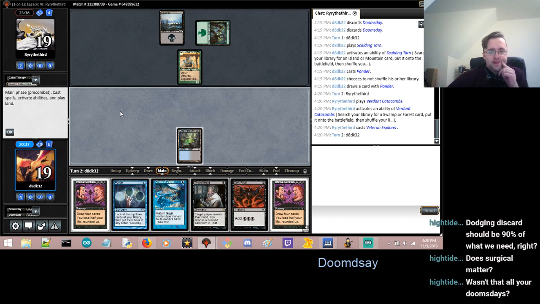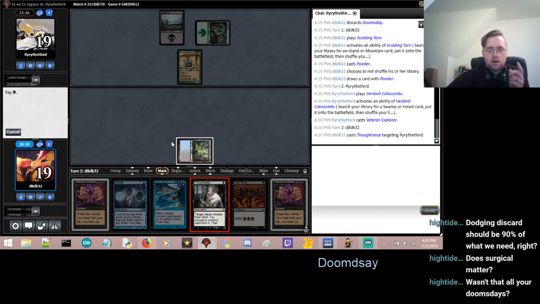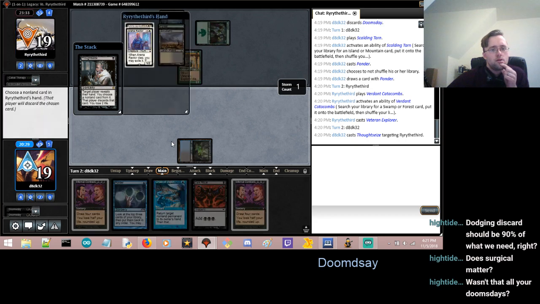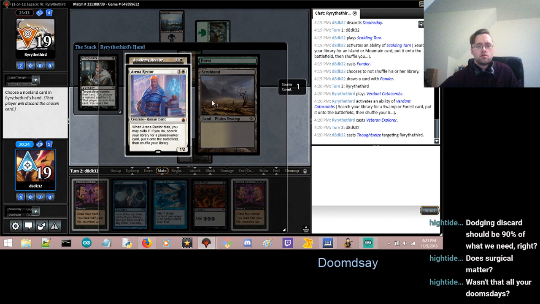Actually, let me think about this. I should Thoughtseize, because they definitely want to be able to next turn have 4 mana, even if they don't have another land, so they can Eureka. That's what I'm smelling here. Let's see if I was right. Oh, well, they got Rectors. So next turn they could play...